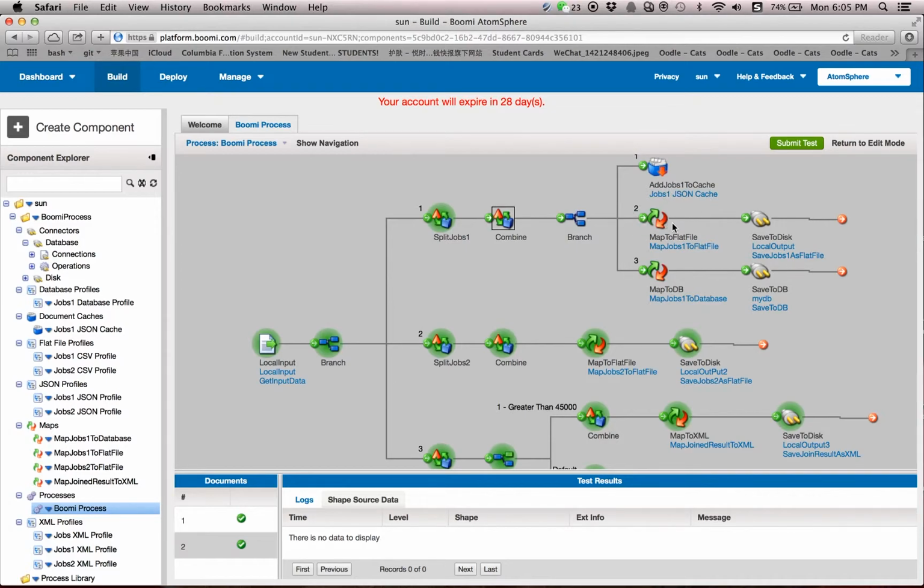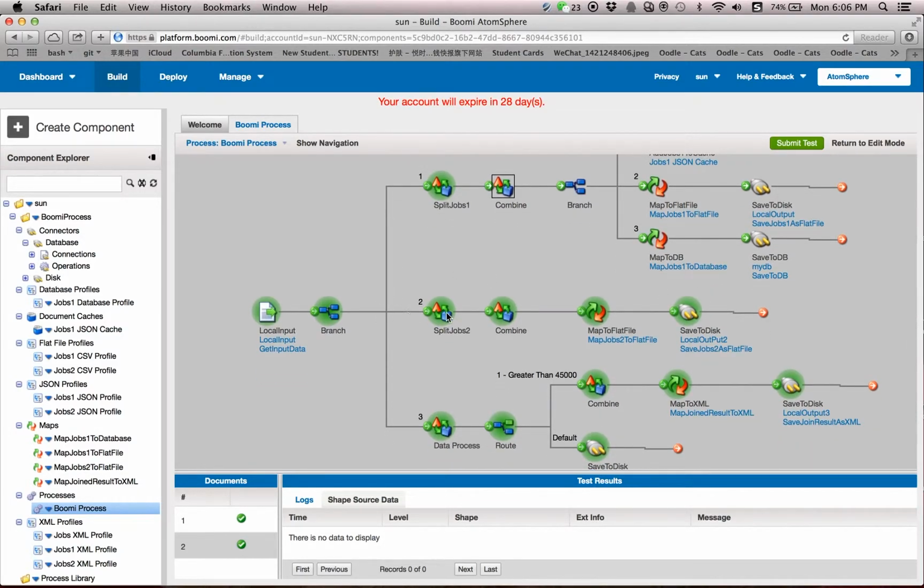For the second sub-branch, it will map the jobs1 data to a flat file format and then save it to disk. For the third sub-branch, it will map the jobs1 data to the database format and then save it into the database. For the second branch, similarly, it will first use this data process to filter out jobs2 records, and then